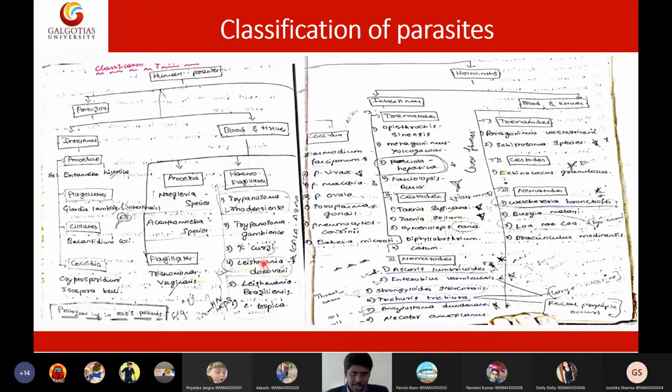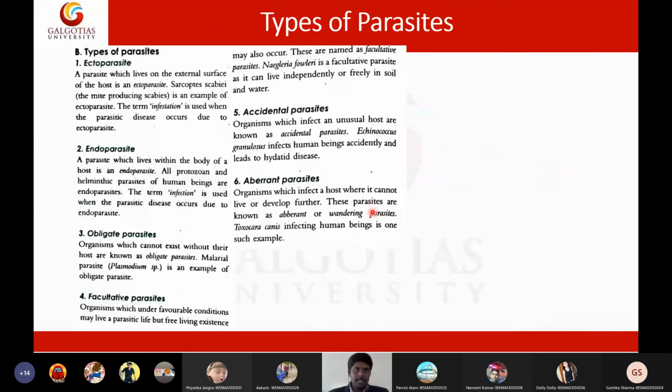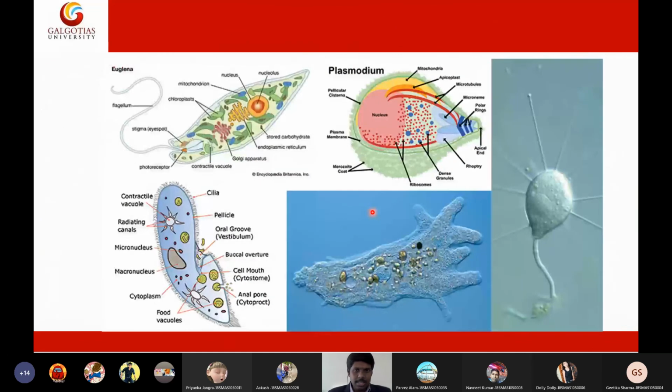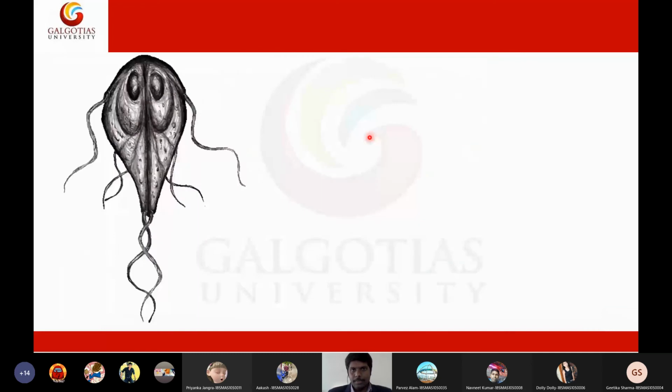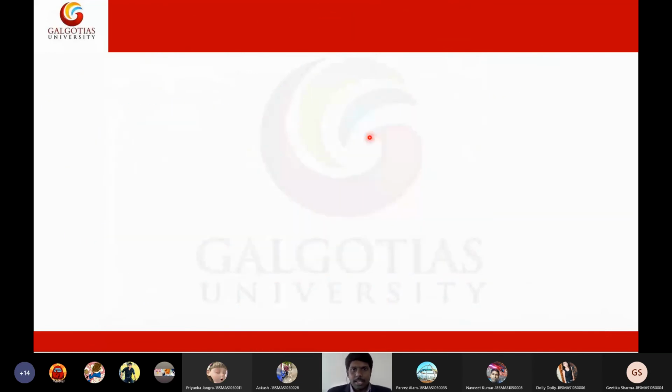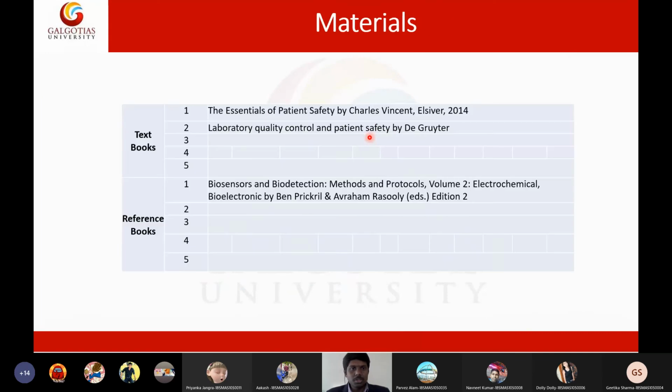Are you following me, students? Yes, sir. All right, this is the complete spectrum of parasites as we discussed. I'm not going to discuss the basics, types of parasites or types of hosts; we finished that. Taxonomically, protozoans are divided into sarcodines and mastigophores. Sarcodines include amoeba, and mastigophores include the other three. Then we discussed Entamoeba histolytica in detail, including morphology, everything. We finished it.